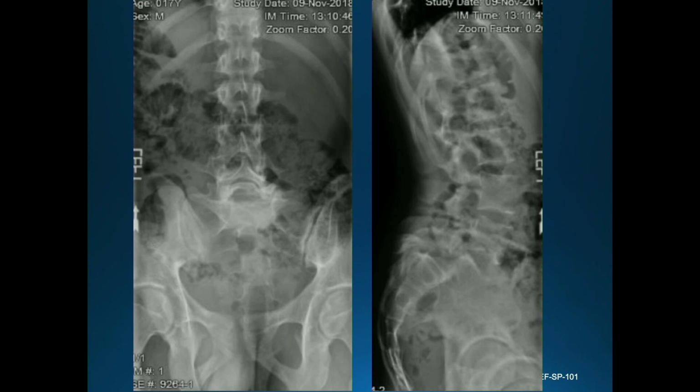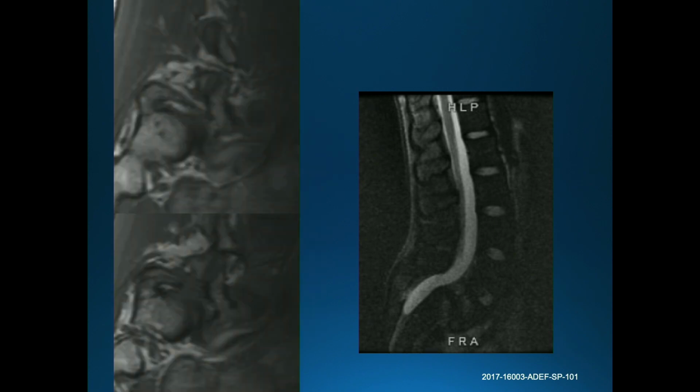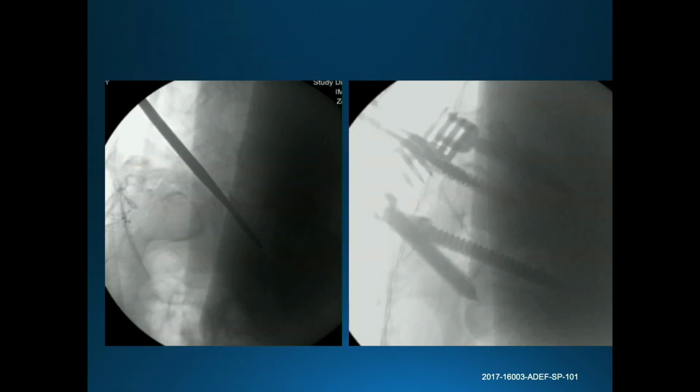And here's his dysplastic spondylolisthesis. You see L5 on S1, with incomplete formation of the posterior elements. And on an MRI scan here, you can see the dramatic foraminal narrowing on L5 bilaterally. So the combination of foraminal narrowing as well as, in his case, a type 5 deformity, so high pelvic tilt with global alignment. This is one where the technique that I like to use here, especially for a young boy,